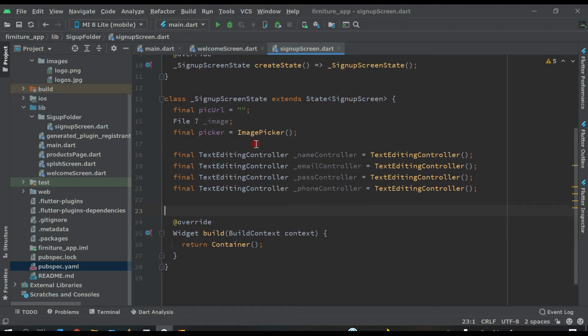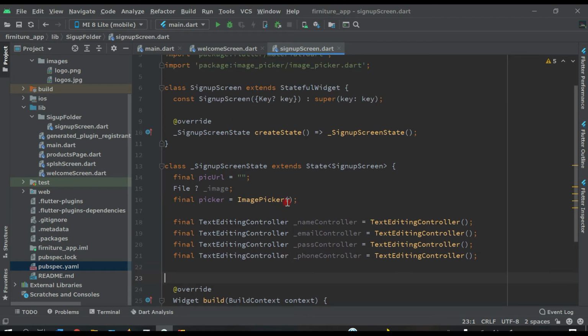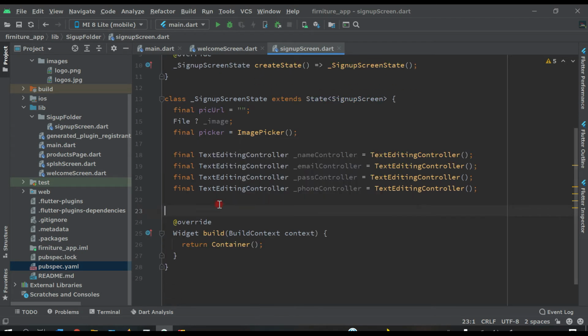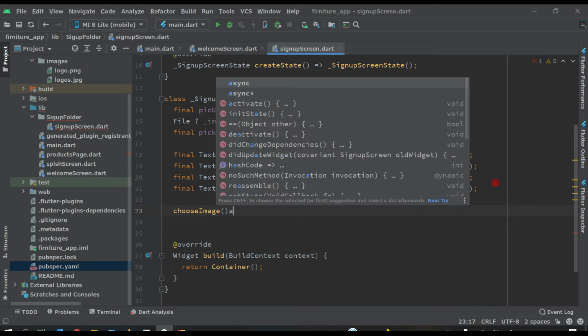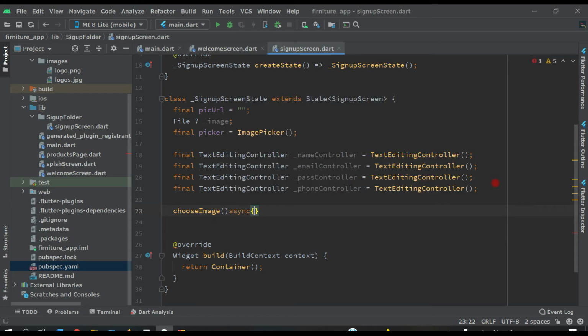So to pick an image from the phone gallery, we need to create a function, and it's very easy, it's not a big thing. So let's create the function so that we can access our phone gallery. For that, come here and give the name function chooseImage, and it's an async type, and open bracket.